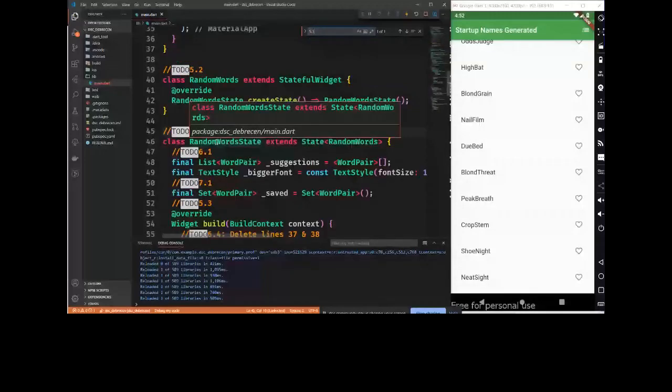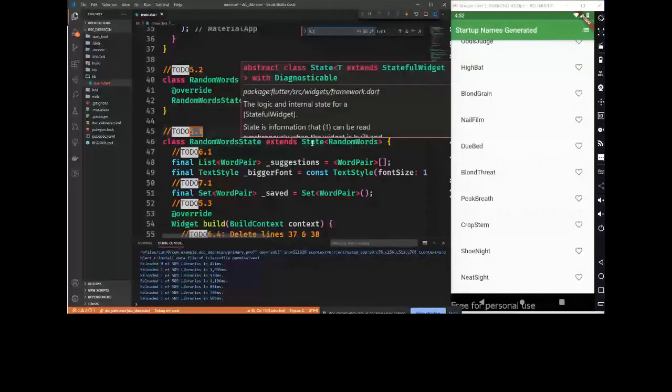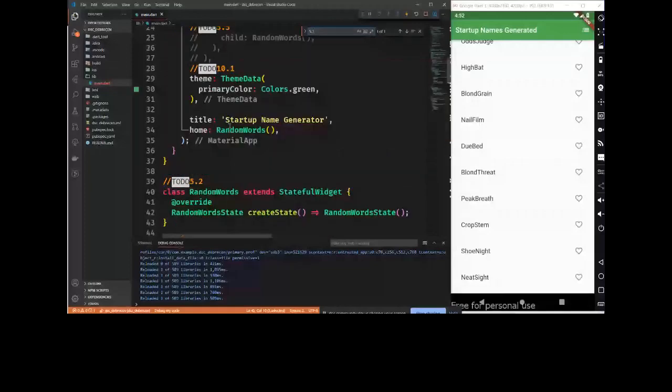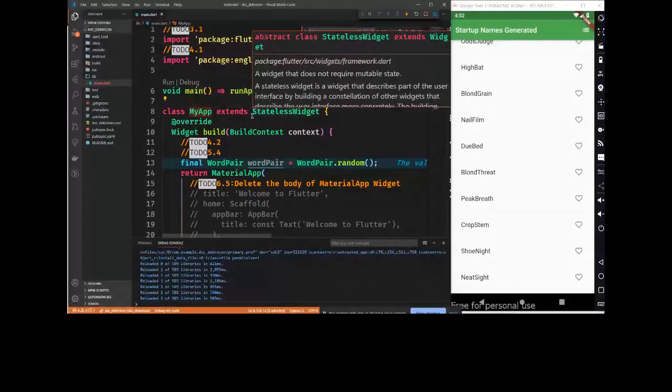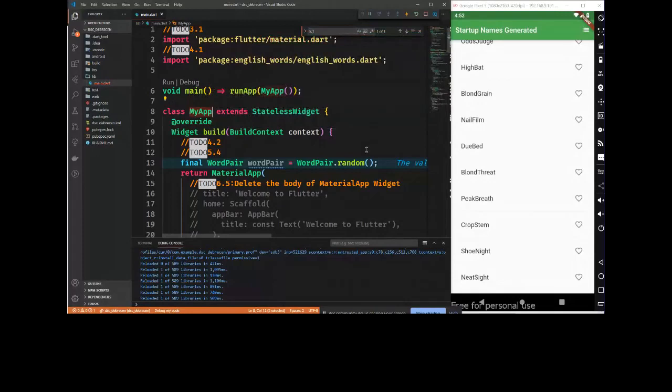Okay, so over here we already created, remember when I told you that everything in Flutter is a widget? Stay with me on that. So yeah, everything in Flutter is a widget, and we discussed two famous widgets, which are the stateless widget and the stateful widget. Now, this is the stateless widget, my app. It extends the stateless widget,